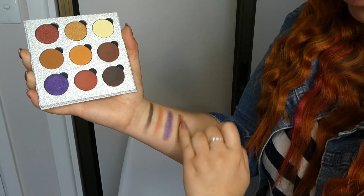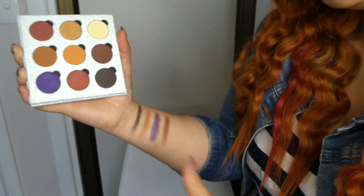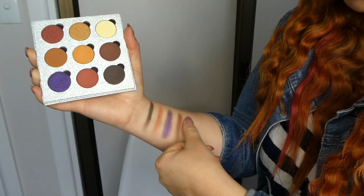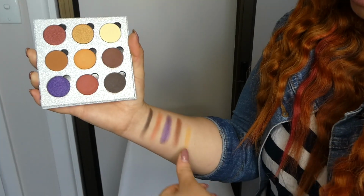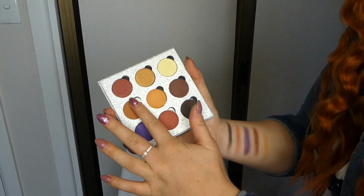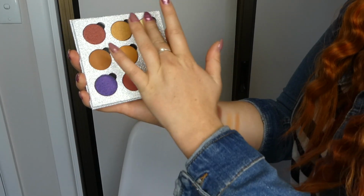Here we go. You gotta remember with arm swatches that they look very different to face swatches, because there's natural oils in your skin. So that's why some of them don't show up very good, but they could show up really good on the eyes. So that is that yellow one there. And then we have this plain brown color, which is a really nice transition color. It looks really good. Then I've got this yellow, which I'm kind of